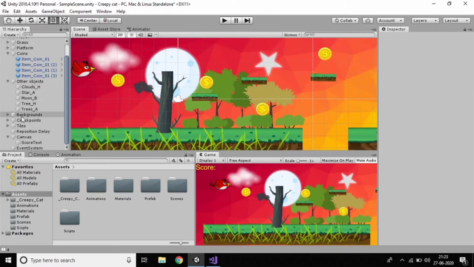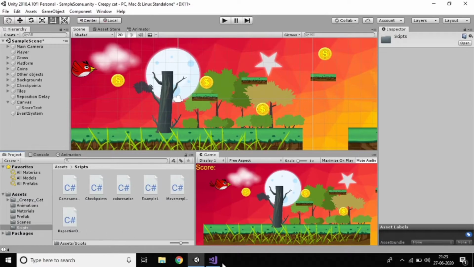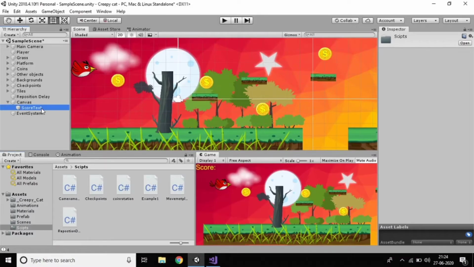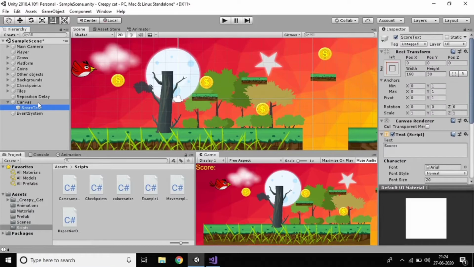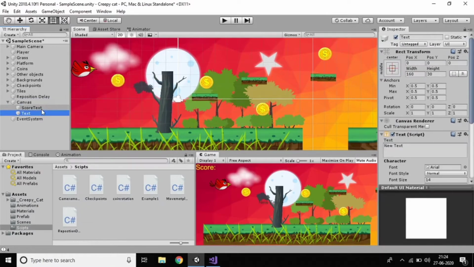So just go to the scripts which we created. First of all, we are printing the score in the reposition delay script, right? So before printing we need to create a win text. Right click the canvas, go to UI, create a text and name it win text.